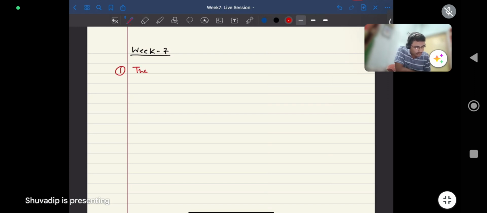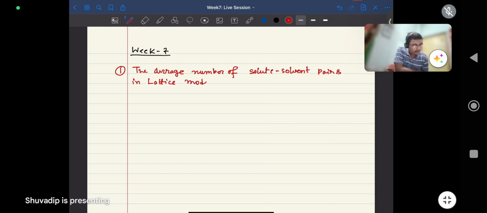The average number of solute-solvent pairs in a lattice model can be approximated as, there are four options: in total